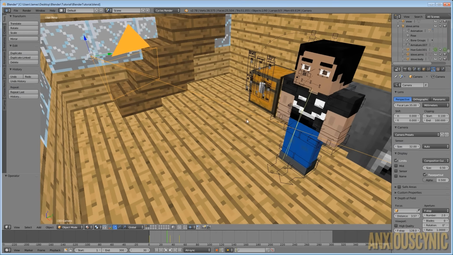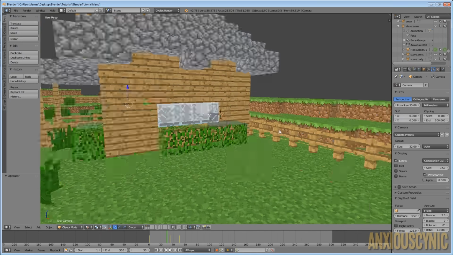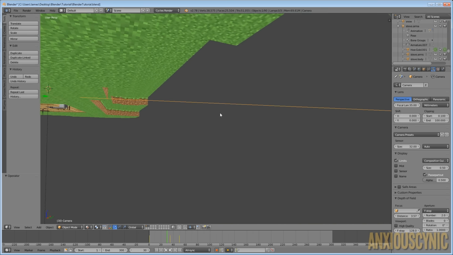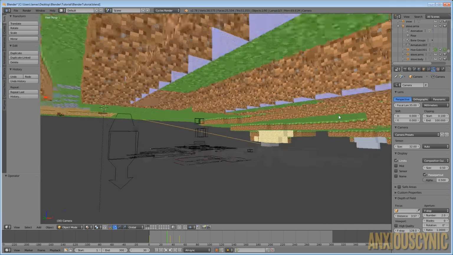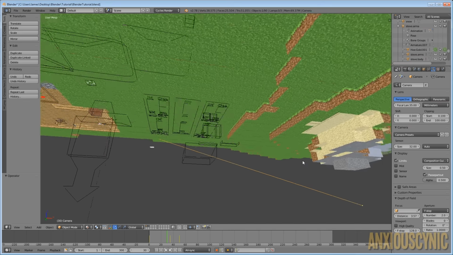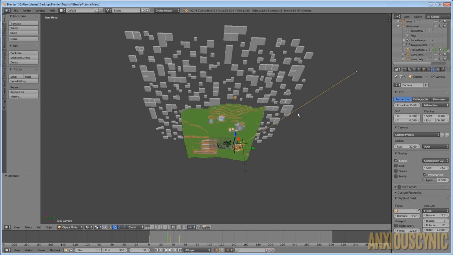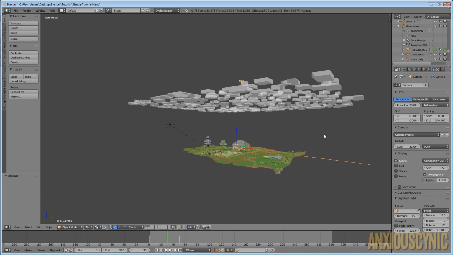Anyway, this line here that we have, this straight line, if you look at it, it's going to come straight out, and it goes for a little ways there, as you can see, and it kind of ends. And I believe that has to do with this setting up here called clipping. If I bring this up or bring it down, you can see that that changes, and basically what that is, if I'm not mistaken, is how far the camera can see and what it's going to render. So if I come way out here, you'll see that it comes way outside of our scene, and that's okay.